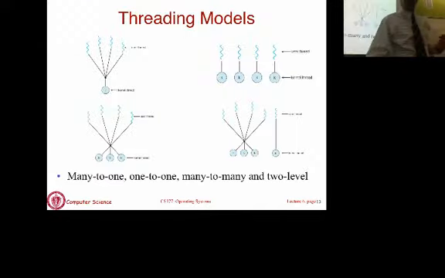Okay, so I'm going to show you another picture that generalizes this. So these are various threading models. This model here is a standard user level threads package. All the threads within your application are mapped onto one entity the kernel knows about, and that's the process. That's a many-to-one mapping. So the kernel will always schedule this process, and then something else will have to decide which of those user level threads to run. So user level threads are actually a many-to-one mapping in this threading model.